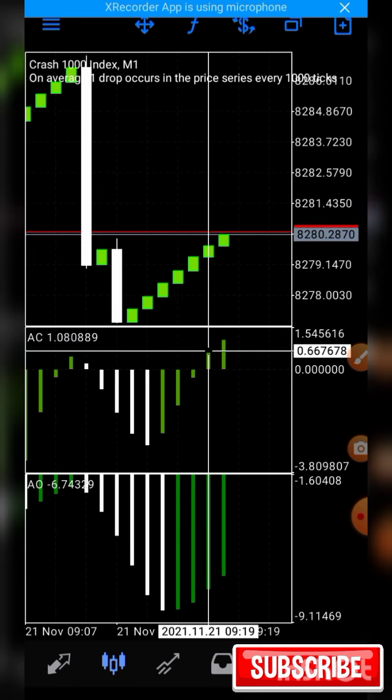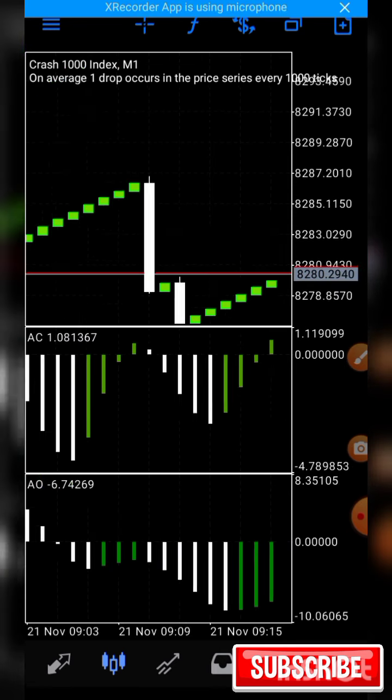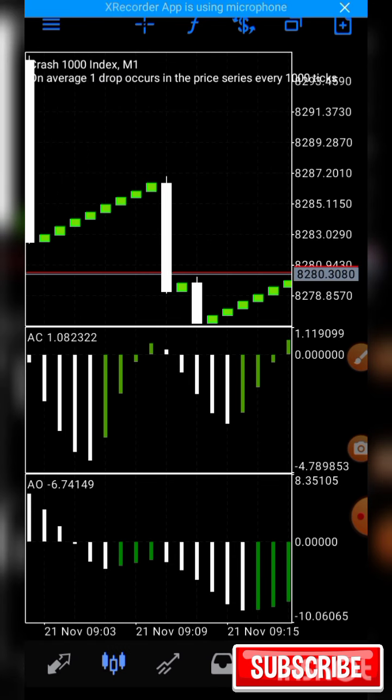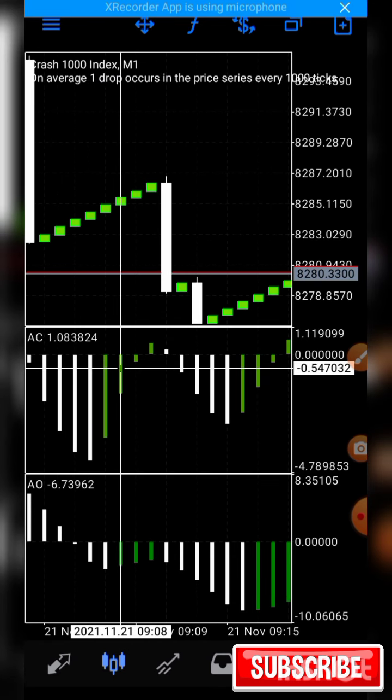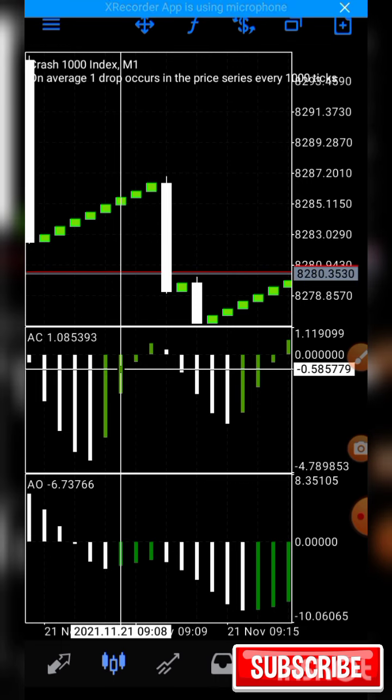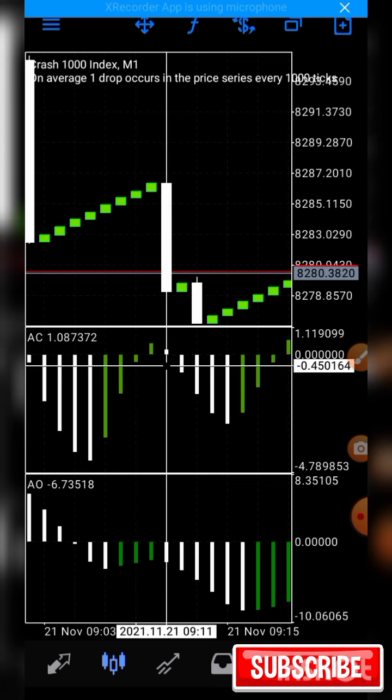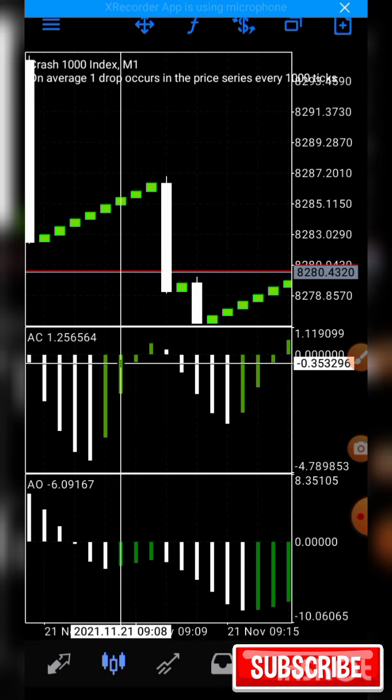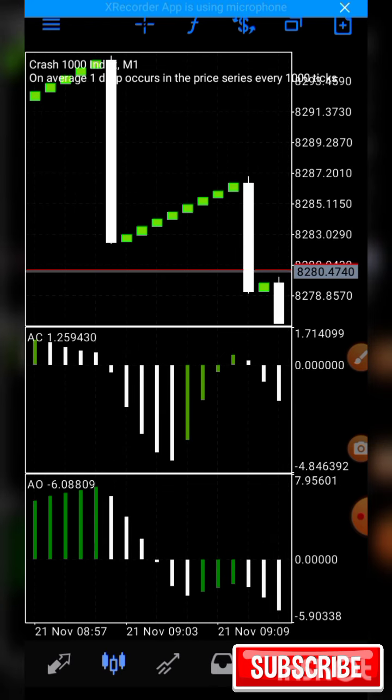Then let's back test. There is another trade here. 1, 2, 3. You see the reason why I said you should take 3 candlesticks? 1, 2, 3. At the 4th candlestick, there was a spike. There is a spike. You see? That's why you should follow instruction. Take 3 candlesticks and you are out of the market. Then let's back test and see.